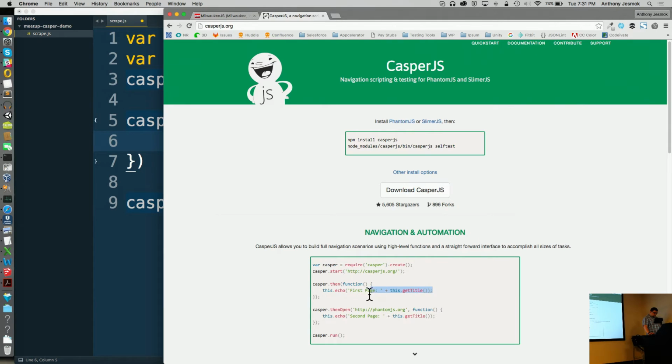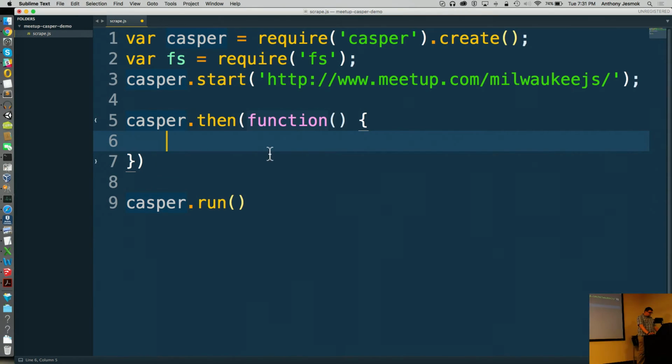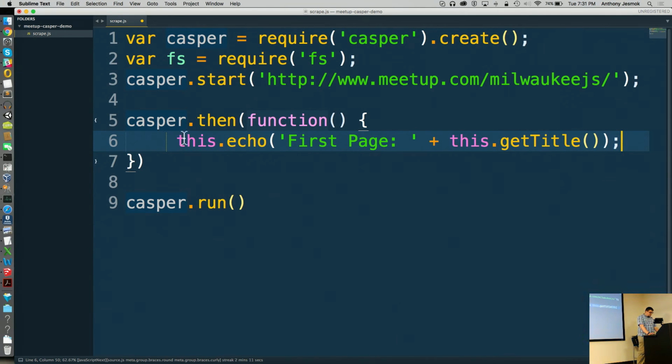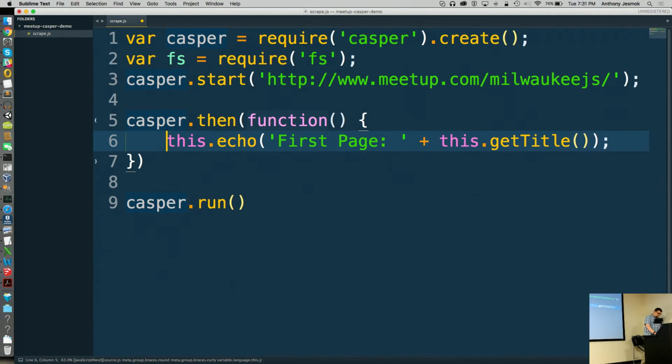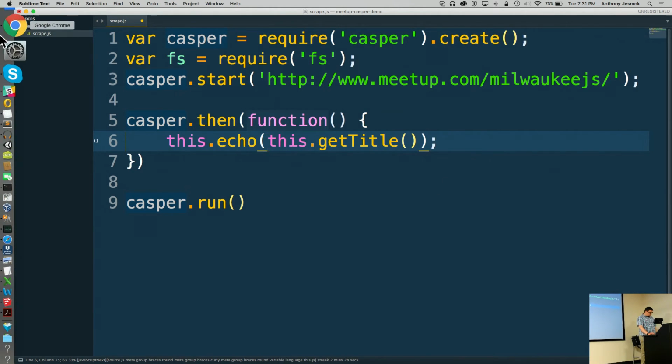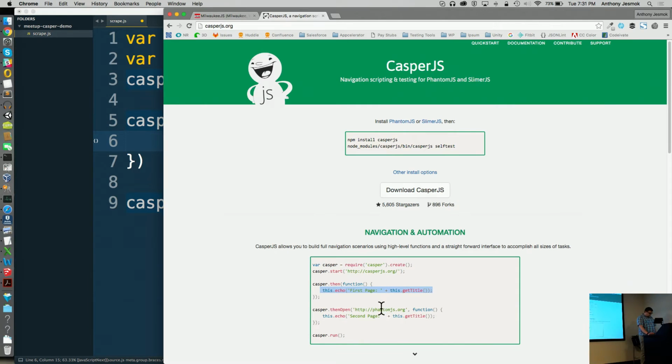And I'm going to get this page, and I'm going to copy and paste this example from the documentation. this.echo. You notice here, this getTitle function we can use to get the title of any web page.